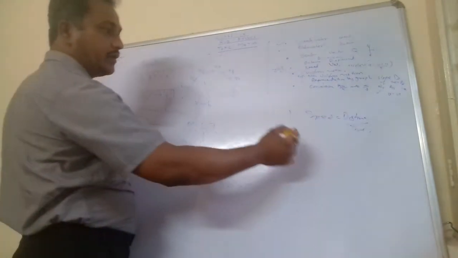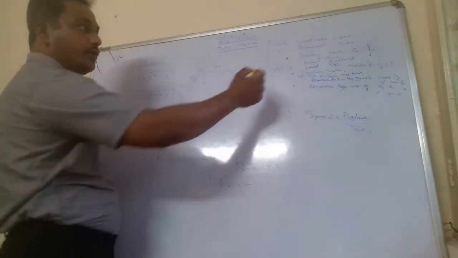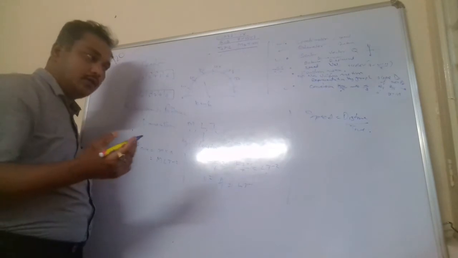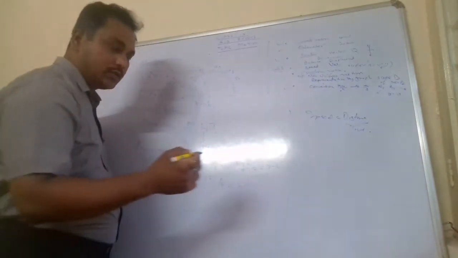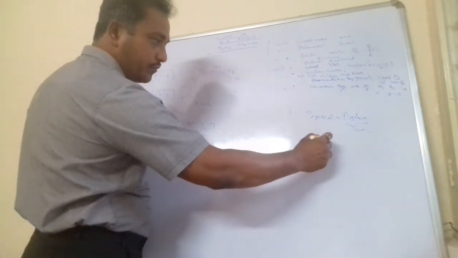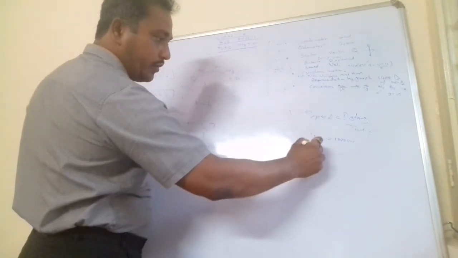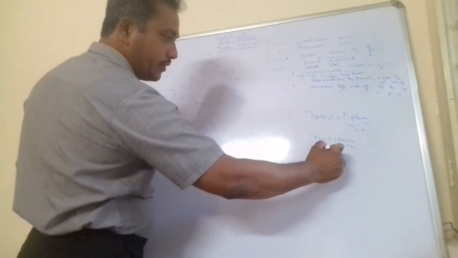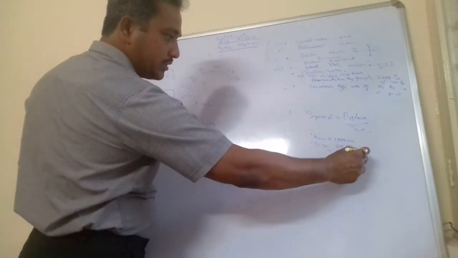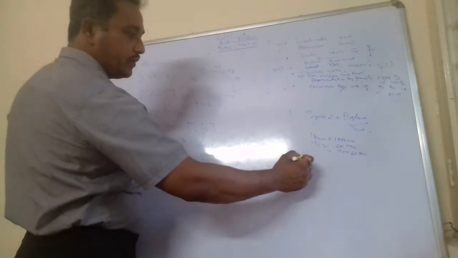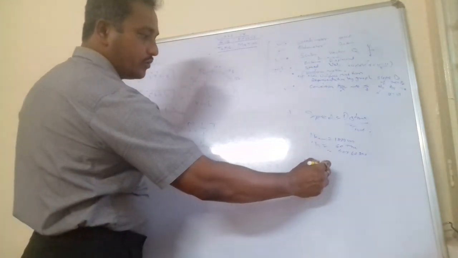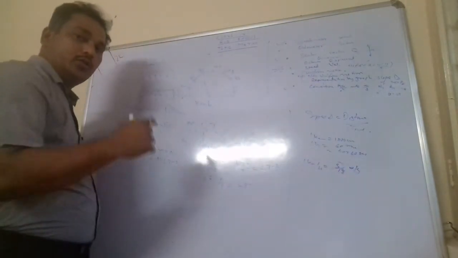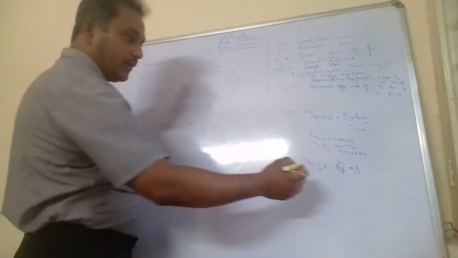If speed is given in kilometer per hour, how can you convert it into meter per second? That is simple mathematics, as you have studied in mathematics as well. 1 kilometer is equal to 1000 meter and 1 hour is equal to 60 minute, you will convert into 60 into 60, this will become seconds. So then what you get is that 1 kilometer per hour is equal to 5 by 18 meter per second.